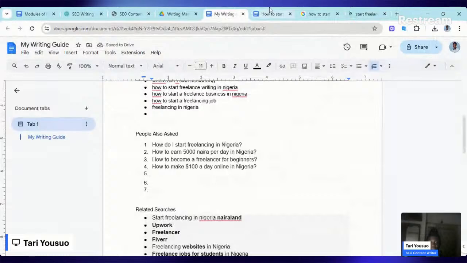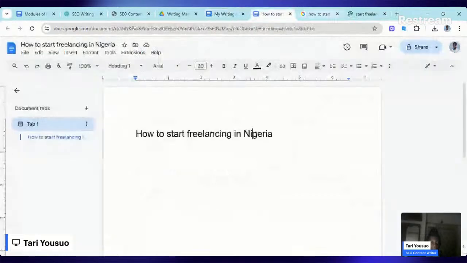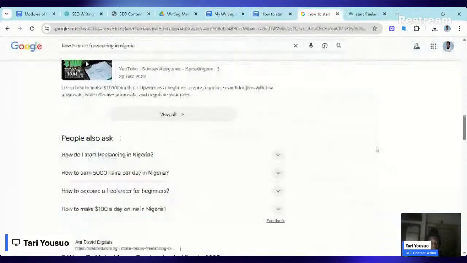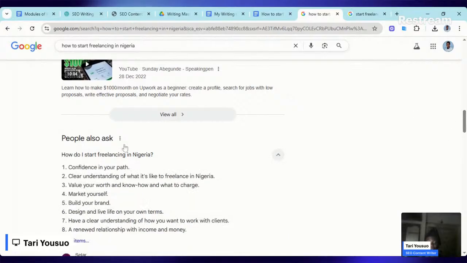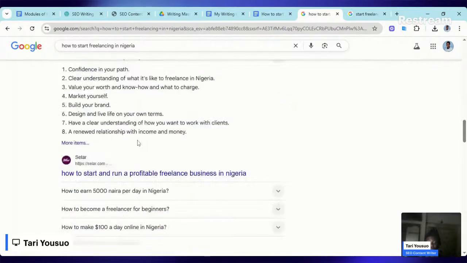And I'll continue doing that until I have enough questions. I usually aim for 100, but sometimes before it gets to 100, I notice that the questions have started repeating, so there's no point copying them again and again. But sometimes even at 100, I still haven't gotten deep into the whole essence of that search. When you click on any question, about three more will show at the bottom.